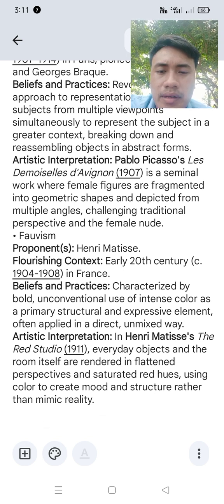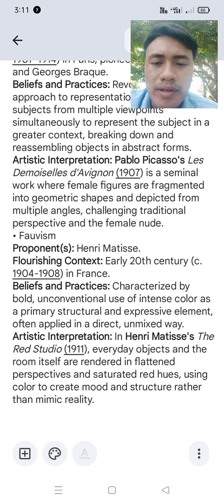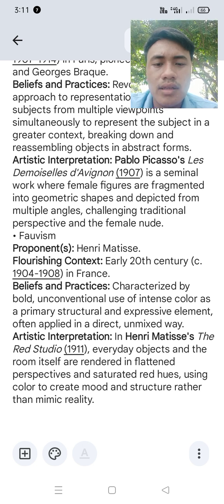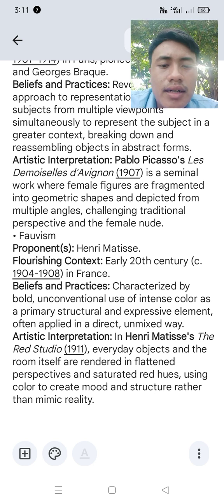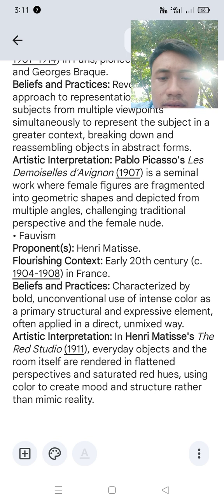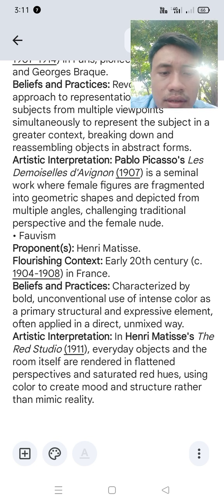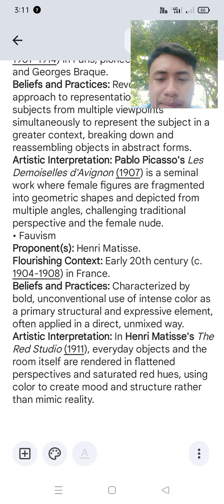Fauvism. Proponents: Henri Matisse. Flourishing context: early 20th century, 1904 to 1908, in France. Beliefs and practices: characterized by bold, unconventional use of intense color as a primary structural and expressive element, often applied in a direct and unmixed way. Artistic interpretation: